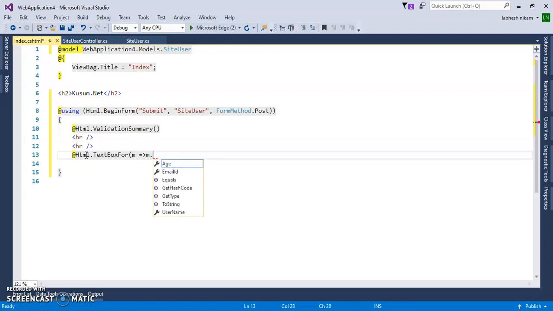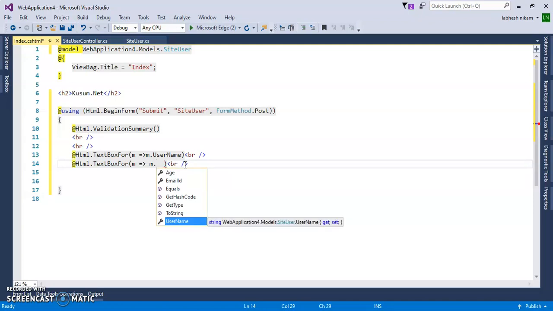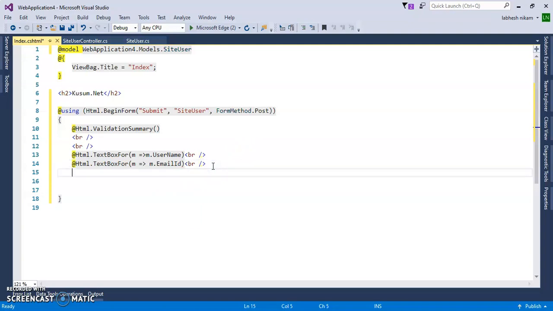So let's add username, and give a line break. Use the same for email ID. Let's add email ID, and age.